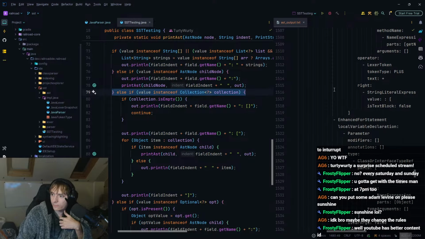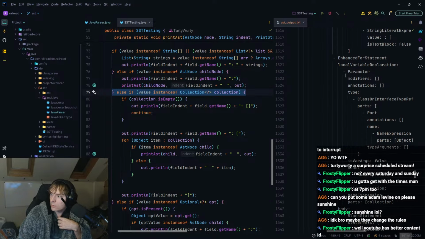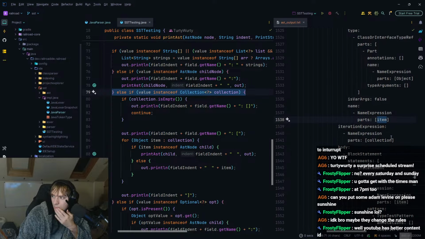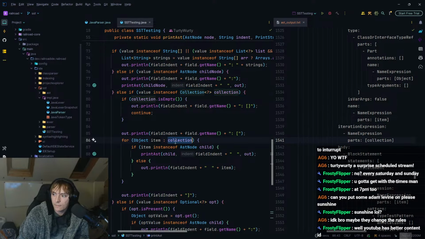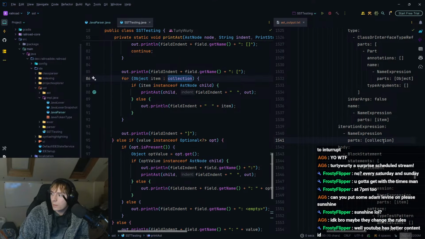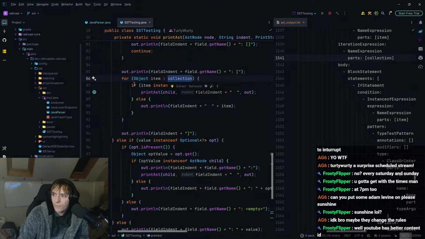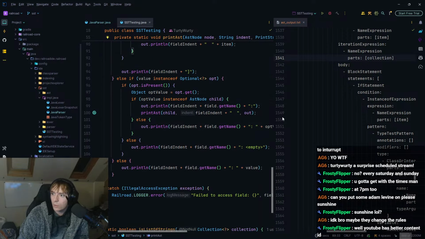We have an enhanced for loop. Let's have a look at this one. So local variable declaration, which is an Object called item, and the iteration expression is collection, which is this. And then if item, that will work based on everything we've just done. That will work fine.